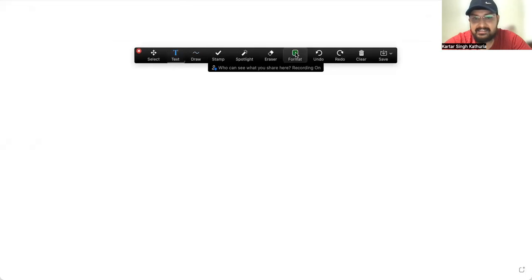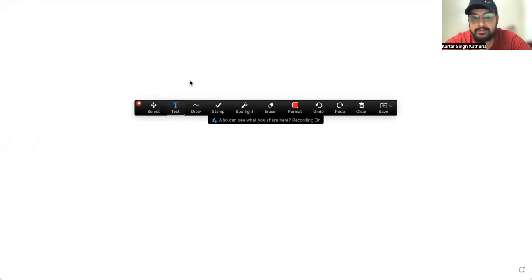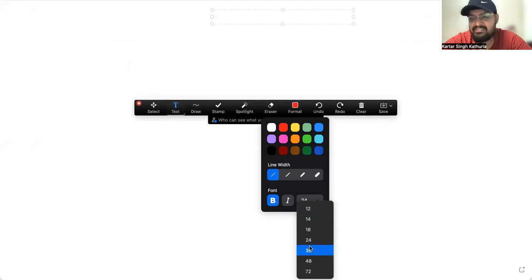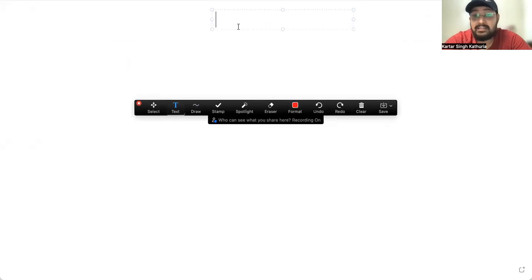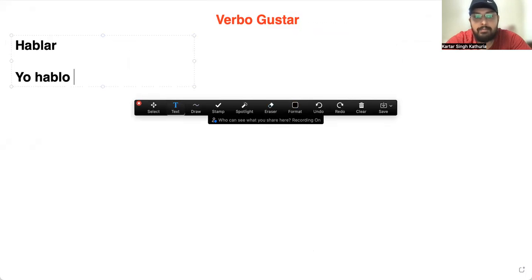So today in this lesson, this is a very important verb that usually confuses most of the students, because it doesn't work like normal verbs, like the conjugation of other verbs. Verbo gustar. Usually whenever we conjugate any verb like hablar, it changes to yo hablo, which means I speak or I talk. But in the gustar verb, we don't say yo gusto, yo gustar, me gustar,